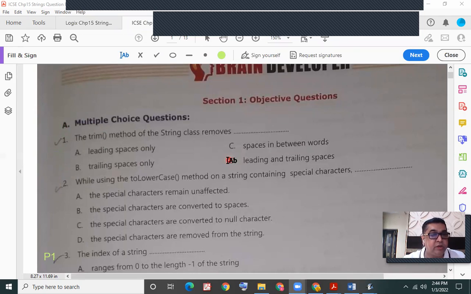Yes, the answer is B. It will remove the leading as well as the trailing spaces. It will not remove the spaces in between the words. It will not remove only leading spaces. It will not remove only trailing spaces.